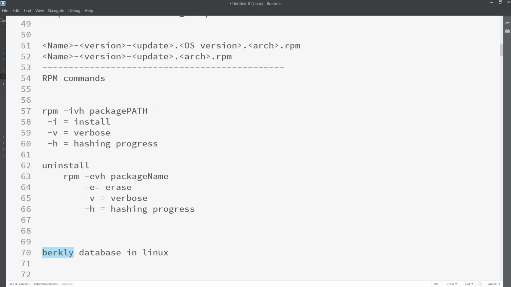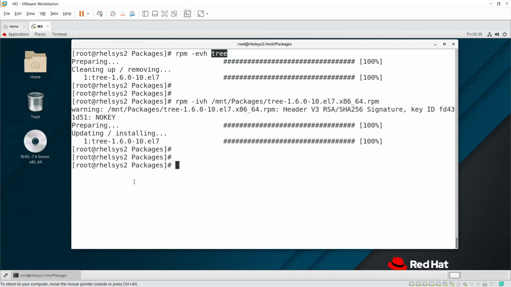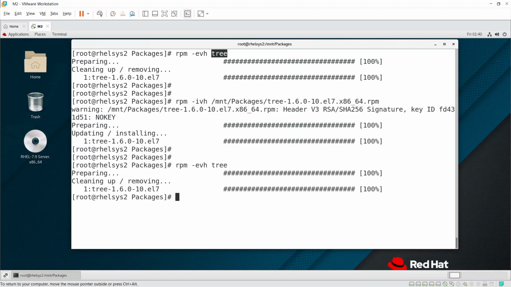Whenever you install a package, it keeps an entry in that database, internal to our Linux. So whenever you give rpm -evh and then the package name, it automatically picks it and removes it. If you are installing, you definitely need to pass explicitly the complete path of the package using rpm.